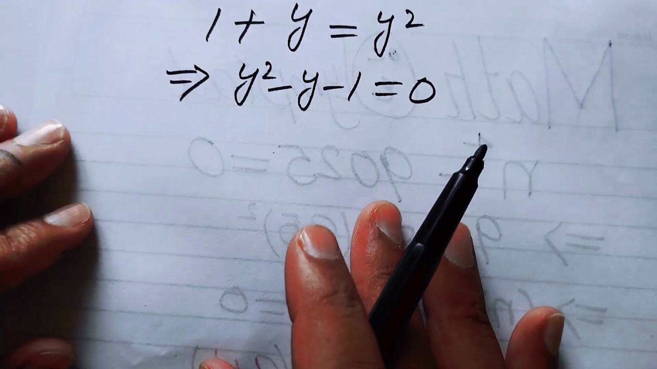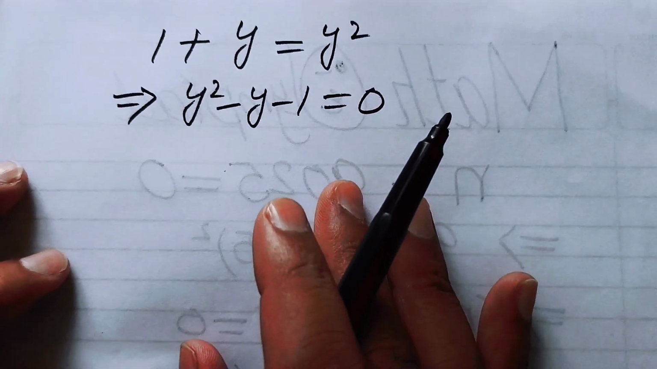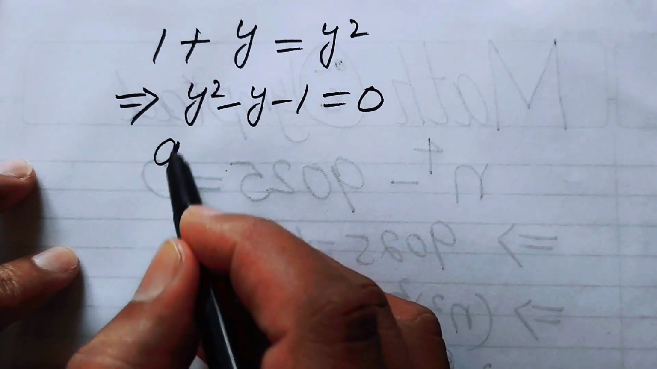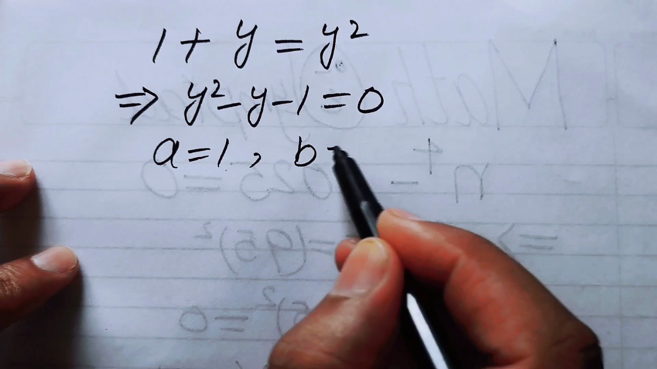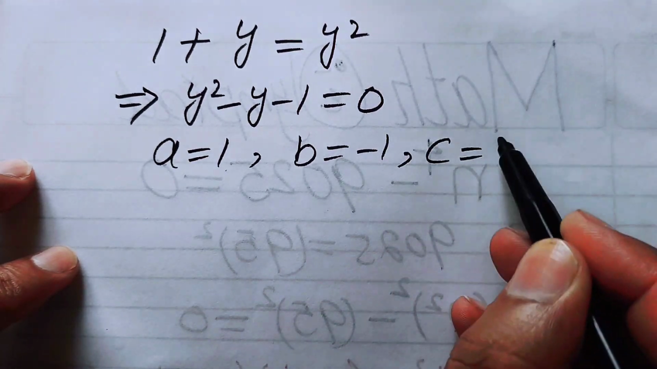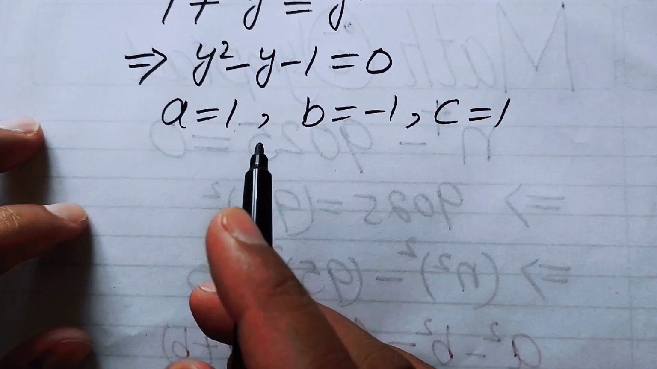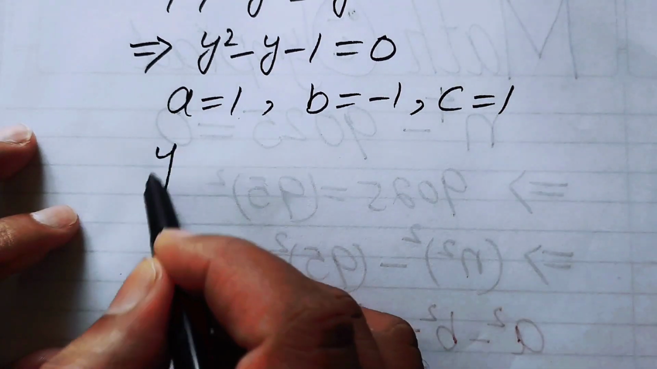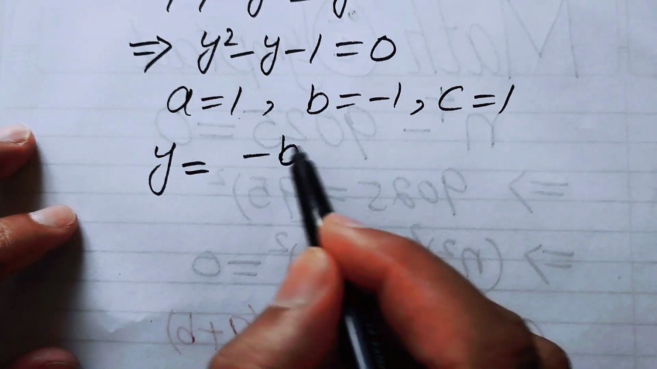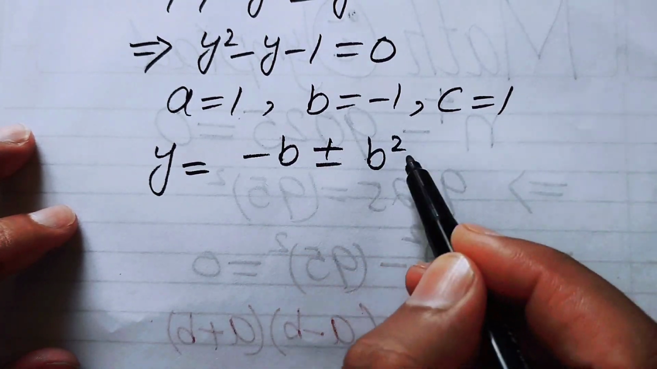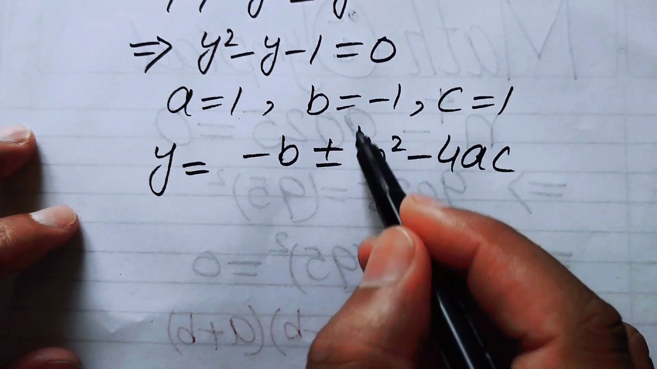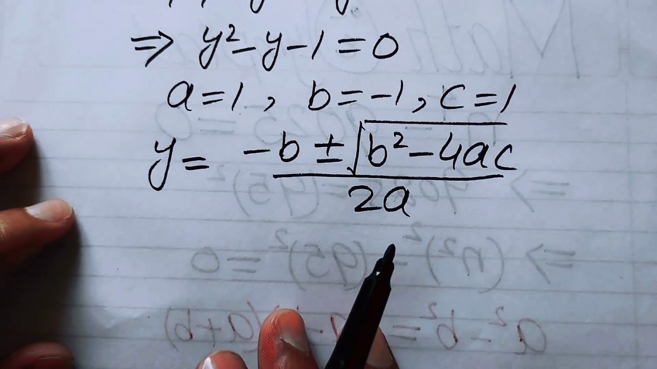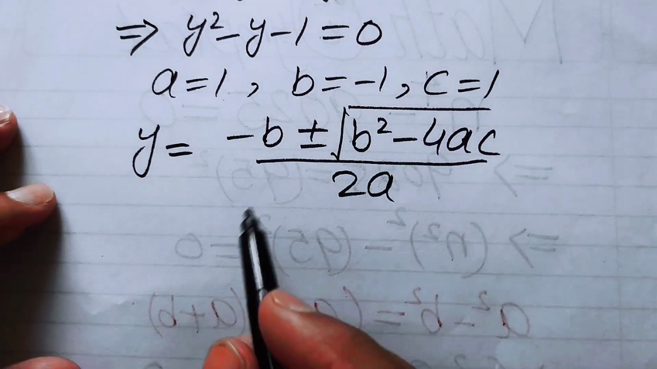And now I can use the quadratic formula in order to solve this quadratic equation. Here we have a is equal to 1, b is equal to minus 1, and c is equal to minus 1. So now you put the values of a, b and c in the quadratic formula, and you know about the quadratic formula. We have y is equal to minus b plus minus the square root of b squared minus 4ac, whole over 2a. So now we put the values of a, b and c here, and you get